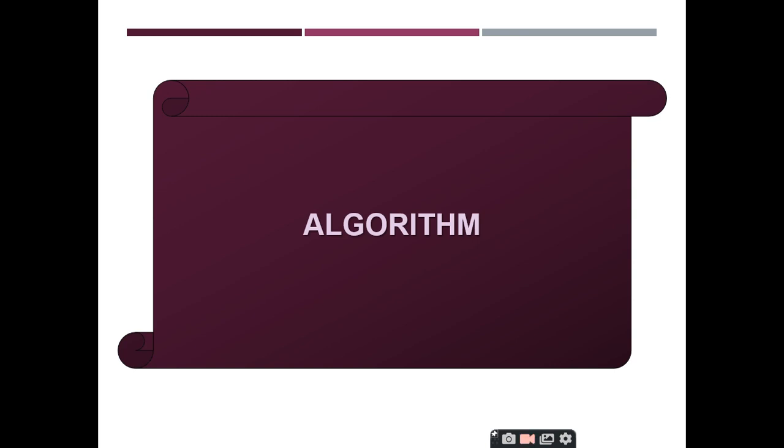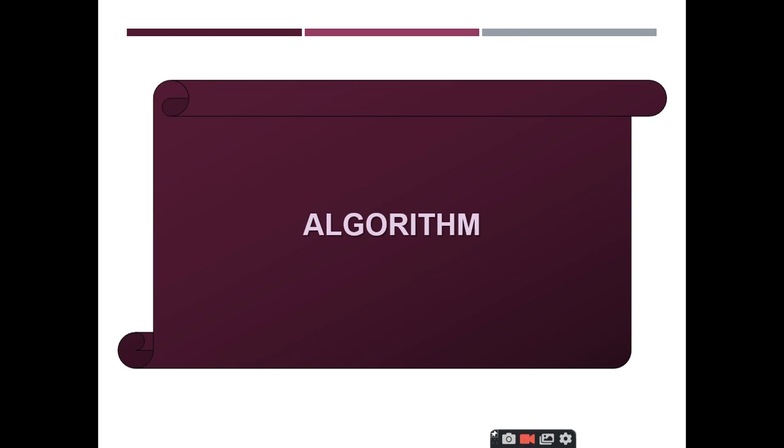He will just ask you to write an algorithm for a problem, right? But whenever you are asked to write a program, you will be asked to write a program using a particular language, that is C or C++, Java or Python. So that is the difference you should understand. Algorithm is not related to any programming language. Algorithm is a generic term. It is a step-by-step process of a solution that you give to a particular problem, right?